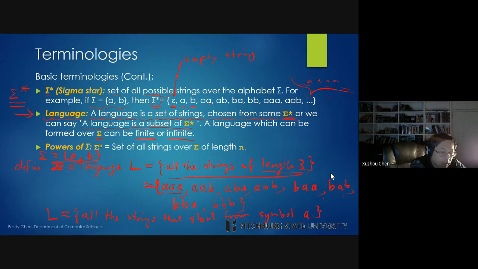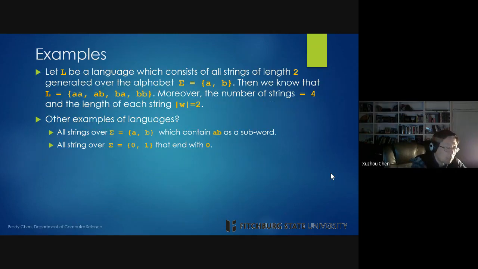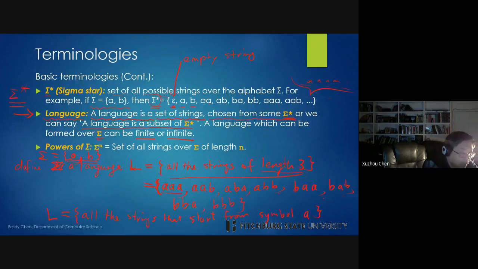All the strings that start from symbol A. Okay, so we can actually easily find these strings, but just remember it's difficult to list all the strings that start from A. So if you can list some of them, the L could be